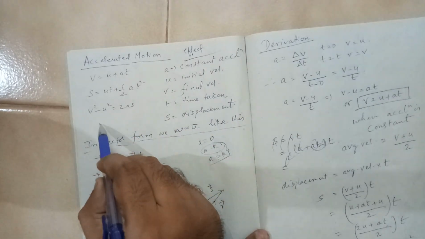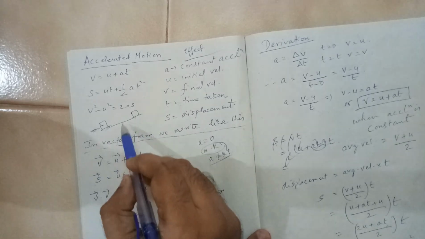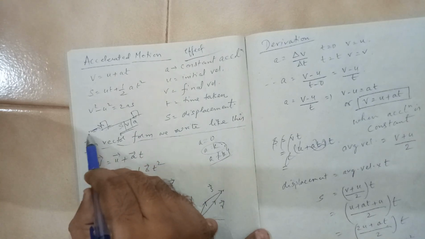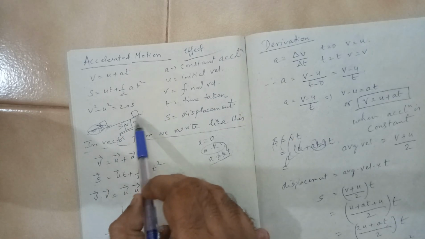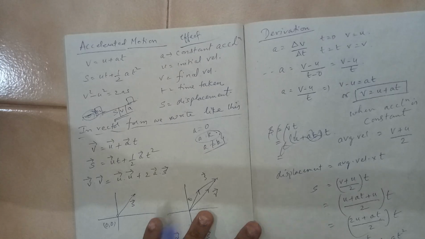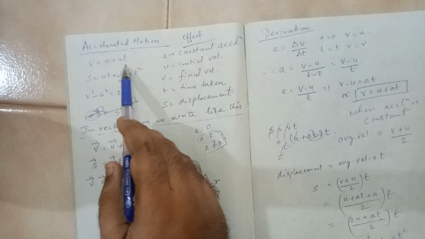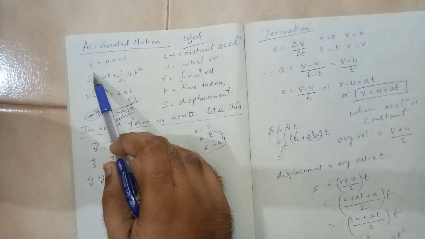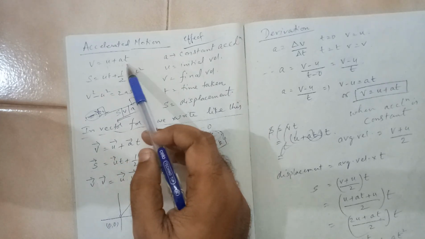When an object is here and from here it is coming over here, there is some displacement, there is some velocity, there is some acceleration, maybe some force is applied, that's why it is coming over here. This force part we are not studying, we are studying only the effect. That's why these are basic kinematic equations. So remember this point. The first equation is v is equal to u plus at. Here v means final velocity, u means initial velocity, a means acceleration, t means time.